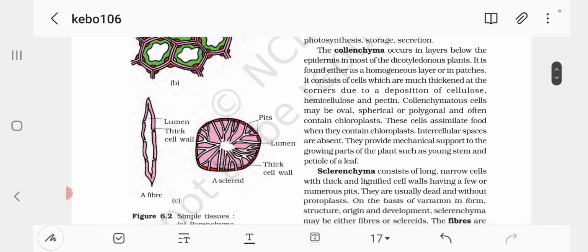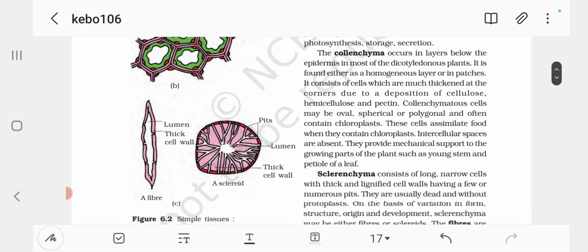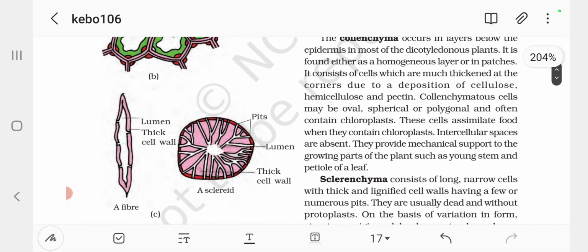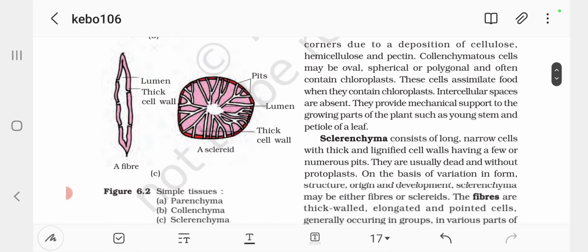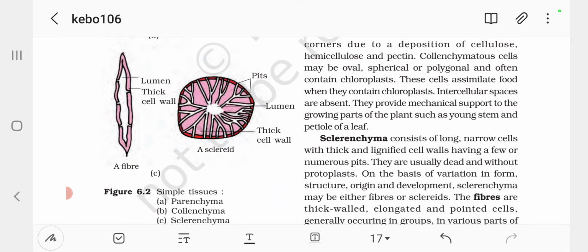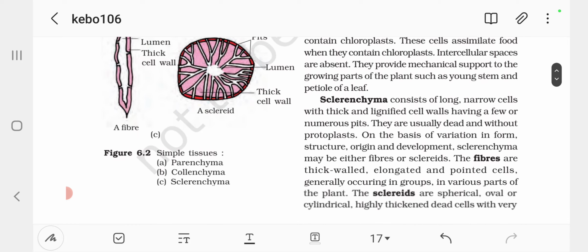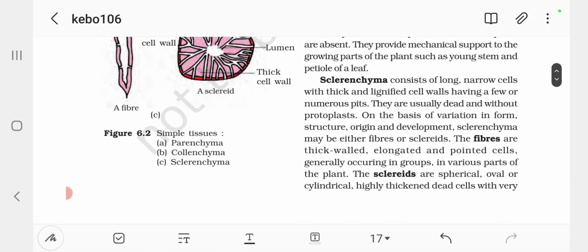The collenchyma occurs in layers below the epidermis in most dicotyledonous plants. It is found either as a homogeneous layer or in patches. It consists of cells which are much thickened at the corners due to deposition of cellulose, hemicellulose, and pectin. Collenchymatous cells may be oval, spherical, or polygonal and often contain chloroplasts. These cells assimilate food when they contain chloroplasts. Intercellular spaces are absent. They provide mechanical support to the growing parts of the plant, such as young stem and